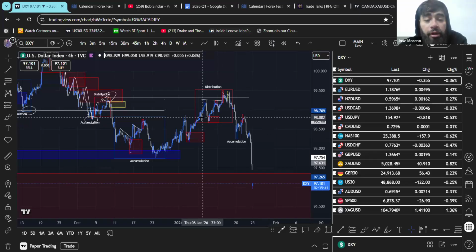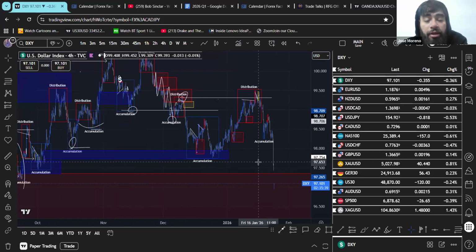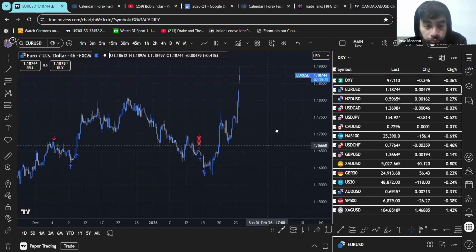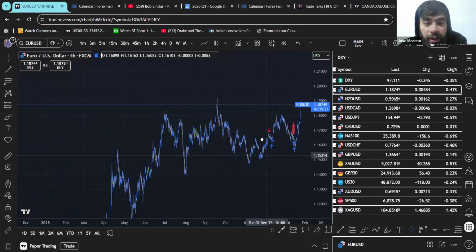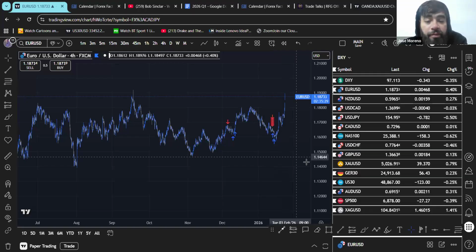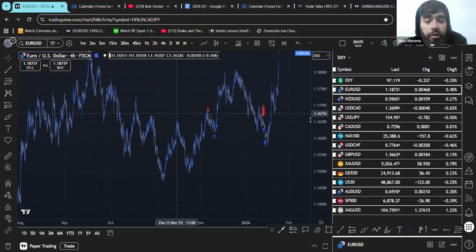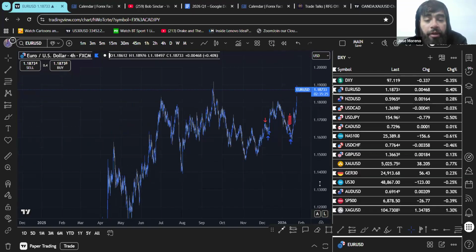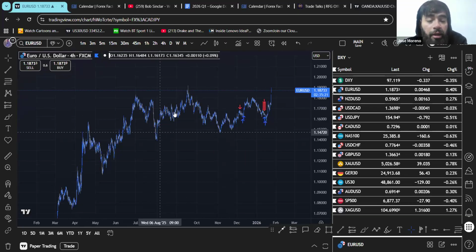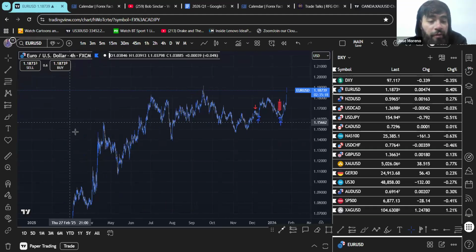But overall, pretty clean redistribution that we saw continue last week. So I think we're going to, like I said, continue to do that to the downside, right? So when it comes to things like EU, same kind of thing as well. Obviously here I have some executions on some trades that I took live, but we're going to just focus in on the schematics from here, right?